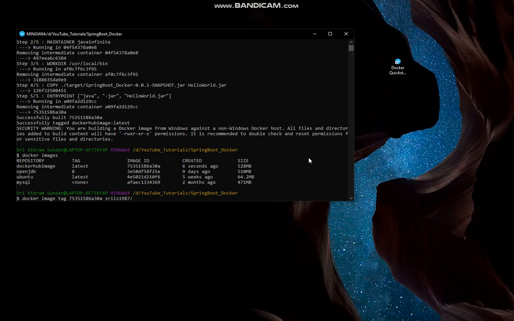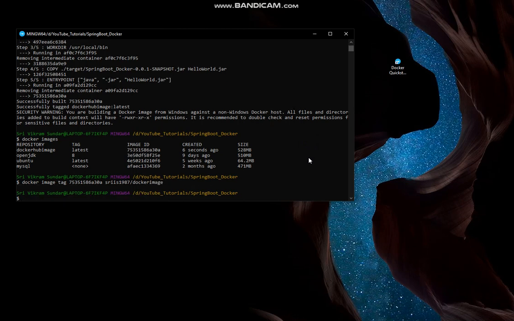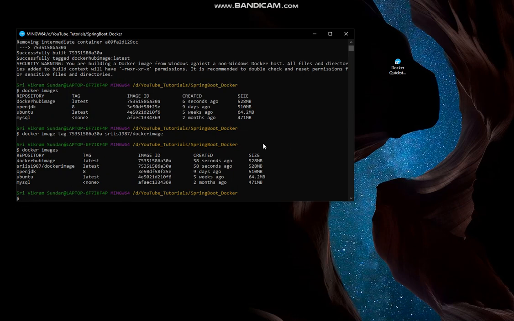It's just like a repository for pushing the image. So I will just use dockerimage. Now I have successfully tagged our image as SRIAS1987/dockerimage. Once you run docker images, you'll be able to see our image has been tagged.